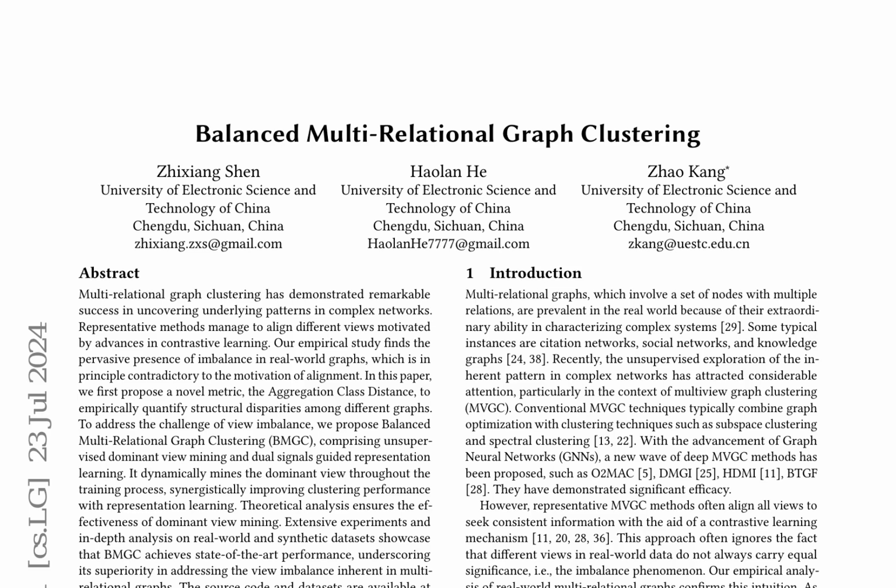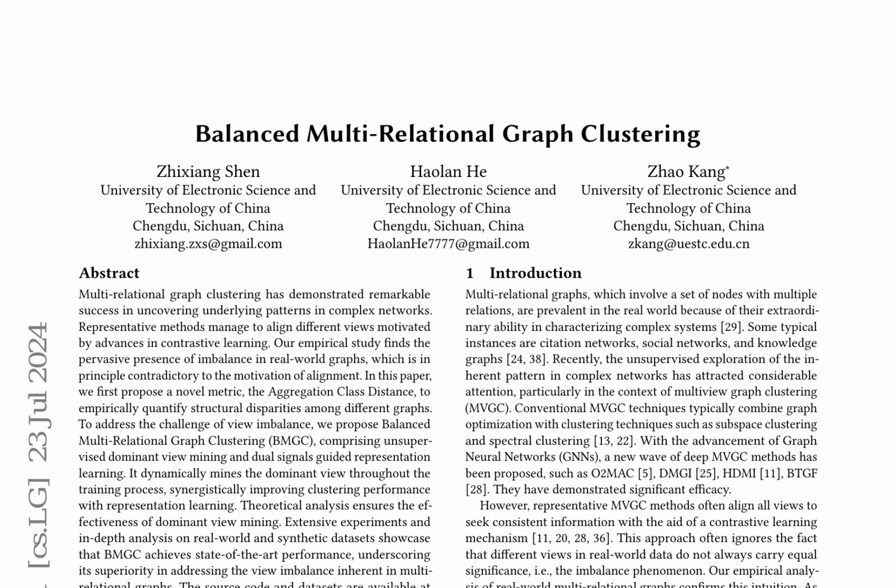In the realm of multi-relational graph clustering, the alignment of different views has been a cornerstone of prevailing methods. However, a pervasive presence of imbalance in real-world graphs contradicts this motivation. To address this challenge, the authors propose a novel metric, Aggregation Class Distance, ACD, to empirically quantify structural disparities among